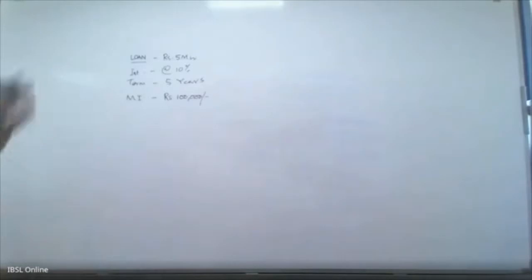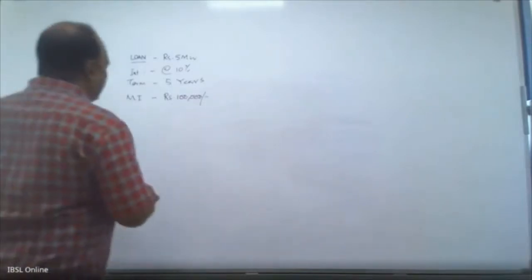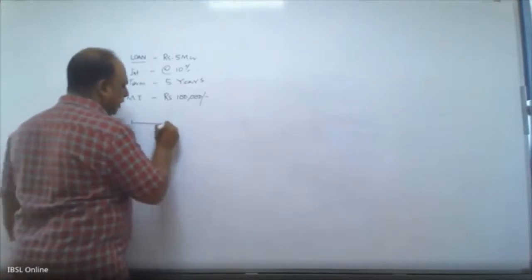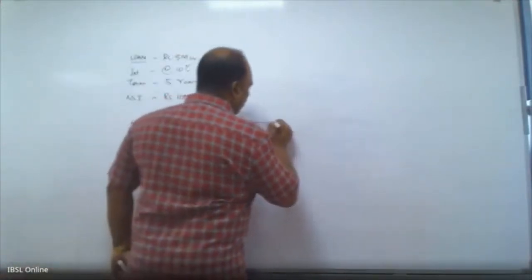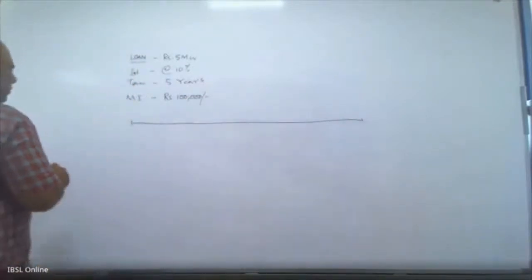Now, let's assume the loan is given to the customer and the customer is also paying. Monthly, he is paying the loan. So let's assume a point. Now say this is the origination, right? Now I am referring to the same thing that was in the slide, but I'm going to change it slightly differently.